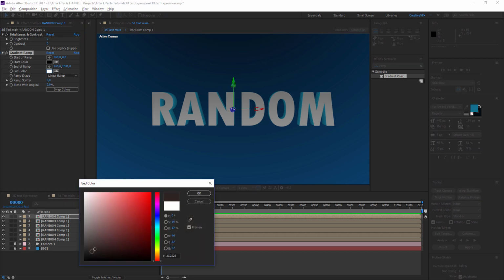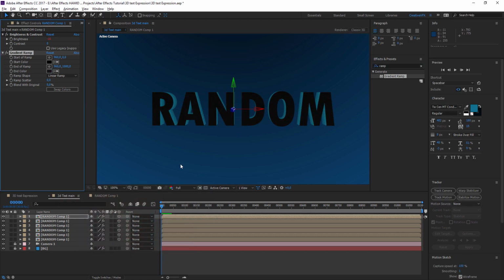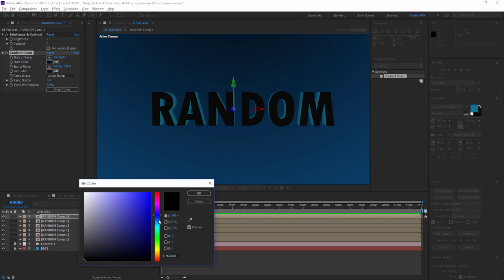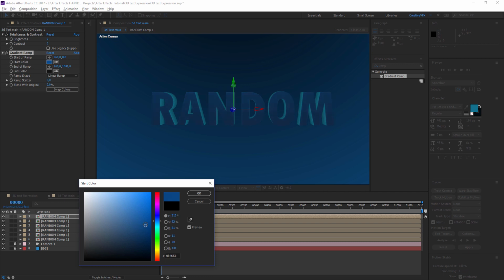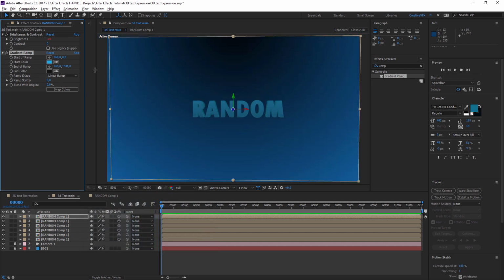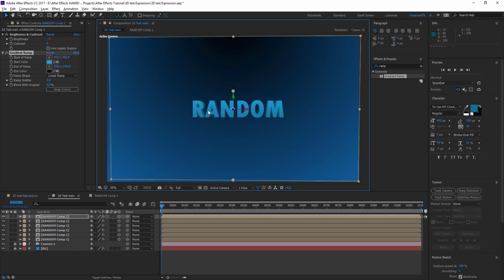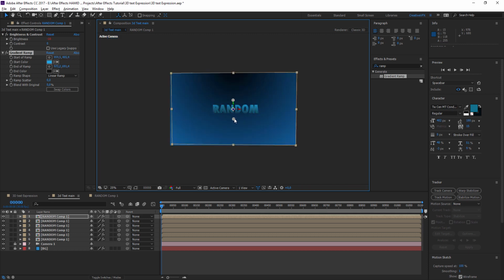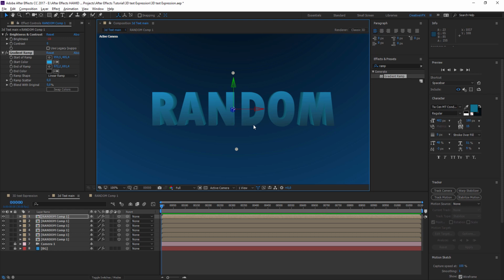Let's make the end of the ramp blackish, and the start color close to the same color as your text color. These are just settings you can play with. There's no right or wrong here. You need to tweak these to your own liking. Let me go up here like so. Yep, that already looks really good.